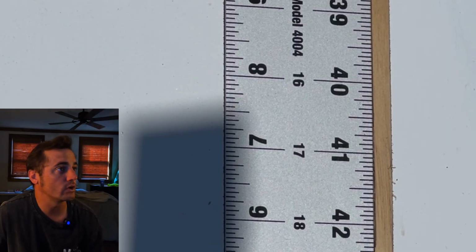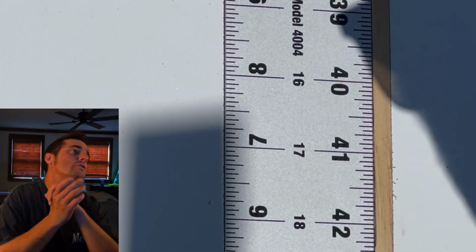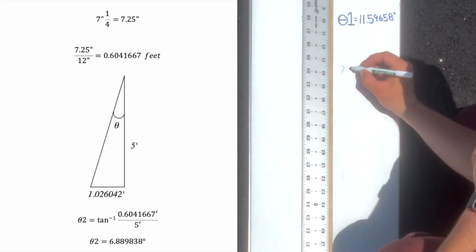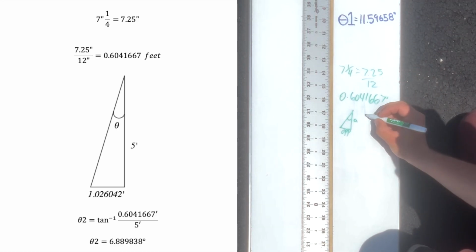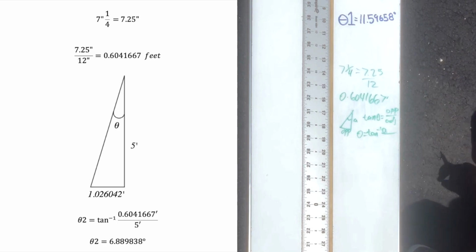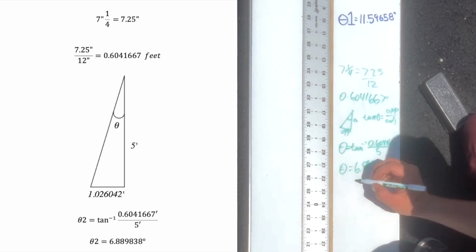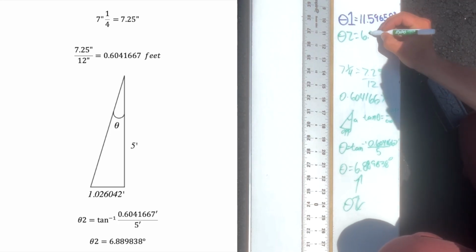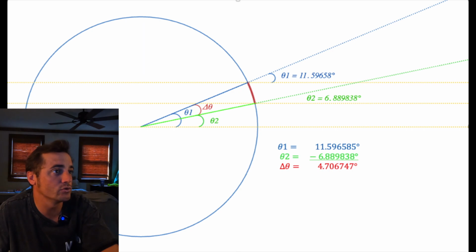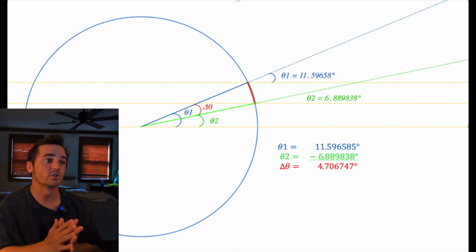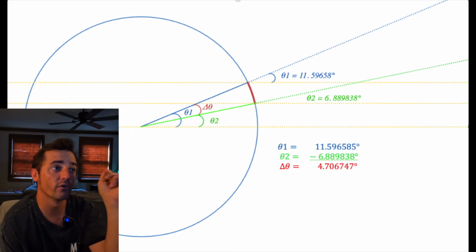And then we go to our second site, and we measure a shadow distance of 7.25 inches, which equals 0.6041667 feet. Again, when we plug that into the tangent equation, we get an angle of 6.889838 degrees. So now that we have these two angles, we subtract from one another, giving you a delta angle of